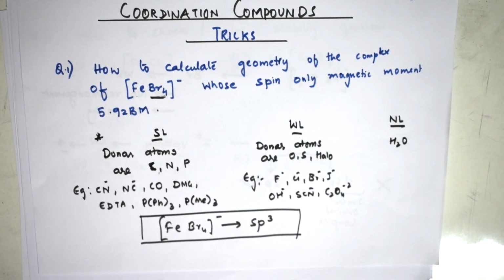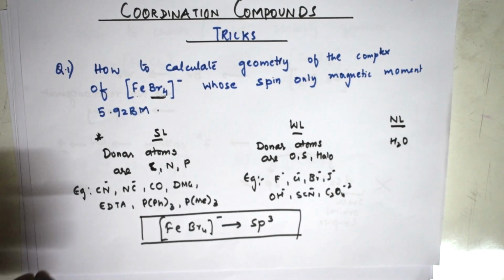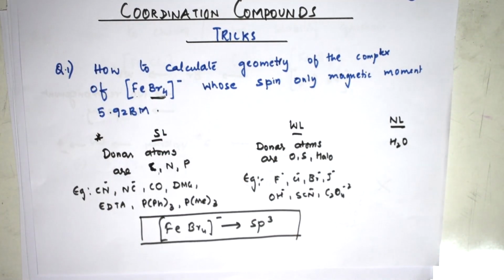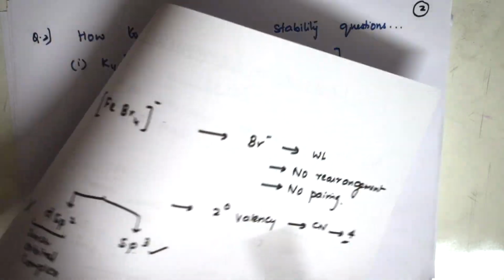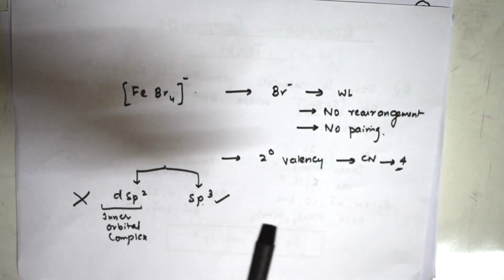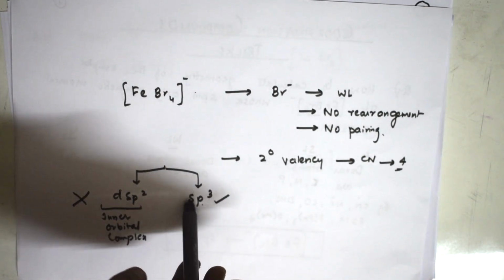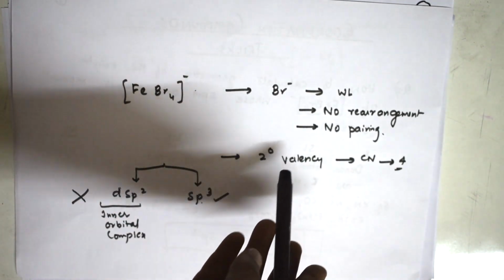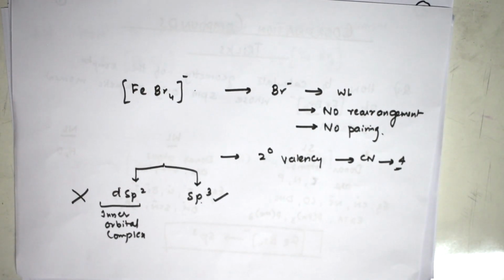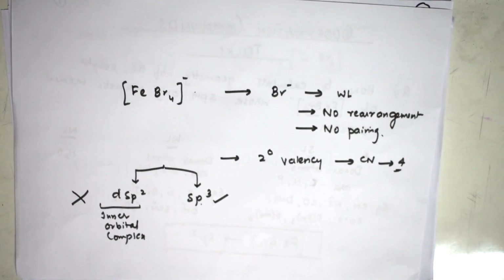This is fine, students. So clear, I think. So two things you need to remember. First thing, remember the strong ligand, weak ligand and neutral ligand. After that, you can judge by yourself whether pairing occurs or not. Suppose if it is 4, you have written both types of hybridizations. Now because it is weak, it will not pair up, the leftover is sp3 hybridization. Now let us come and do the next question.